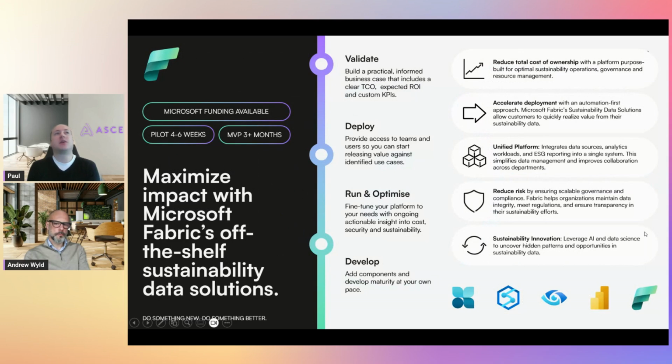So that comes on to the main way in which we can assist you, which is implementing a pilot, similar to the customer journey and the customer story that I spoke about at the start. Typically, this is a 4 to 6 week project. It was a 6-week example that I was speaking about previously. This is where we would help you validate your data, understand your existing location, help you deploy Fabric, set it up, get Sustainability Data Solutions in, help you ingest, run, and optimize your calculation methodology and your engineering, and help you develop that plan going forwards of how you implement more sources and how you ingest more data.